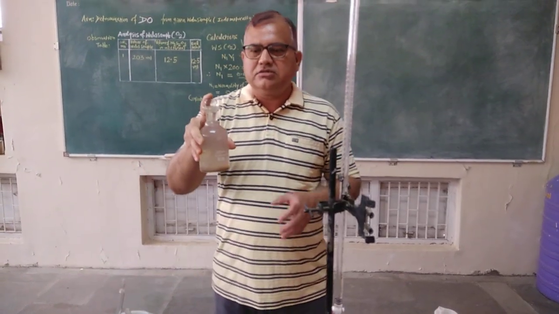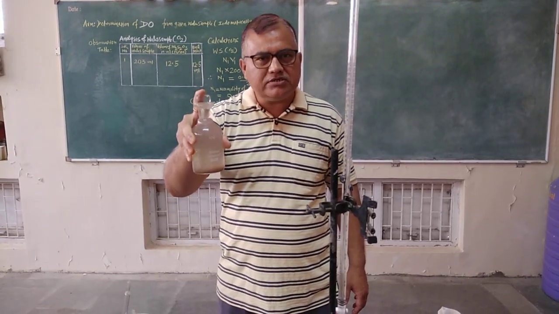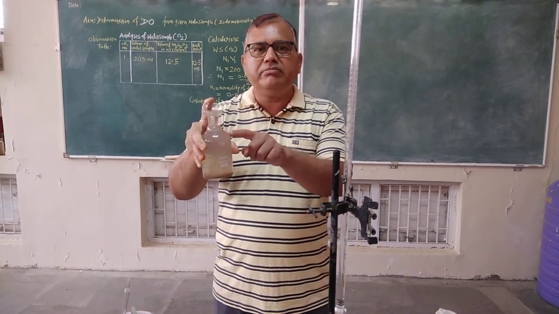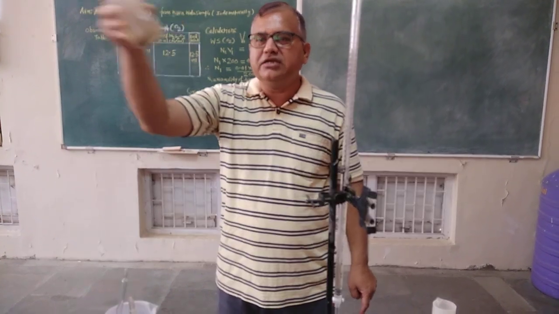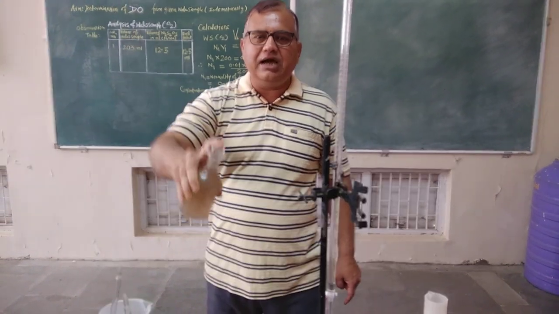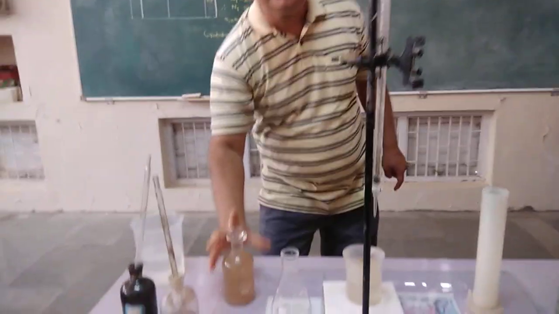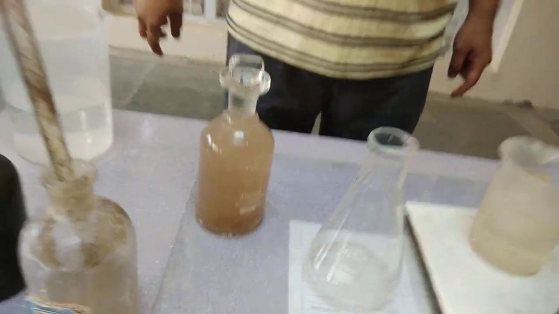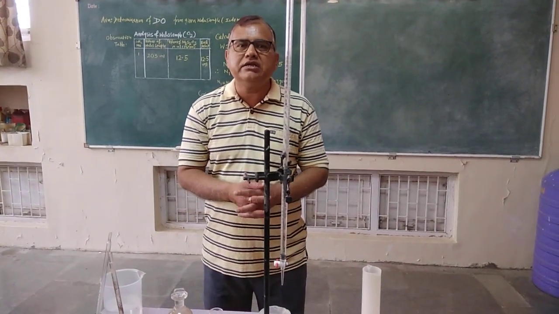So these are the steps involved in the determination of dissolved oxygen. Initially you take 300 ml of water sample, then add 2 ml of alkaline iodide azide reagent and 2 ml of manganese sulfate and stopper the bottle like this. Hold this bottle like this and invert 3 to 4 times. Invert 3 to 4 times like this and keep this bottle on your table and wait for 2 minutes for the liberation of the brown color precipitate, that is of basic manganic hydroxide. It is also called basic manganic oxide.